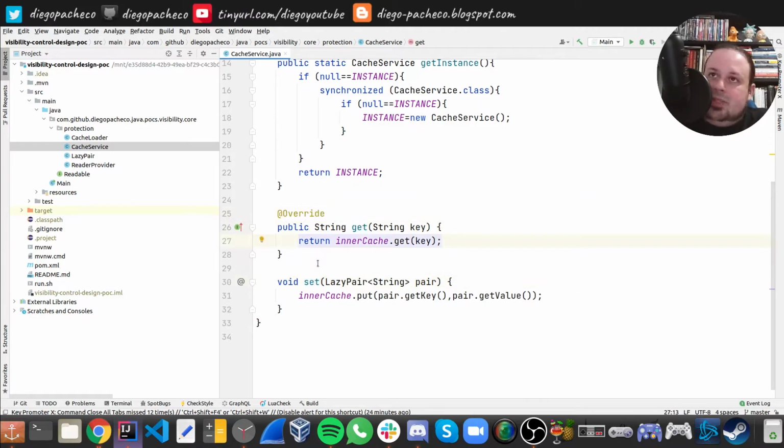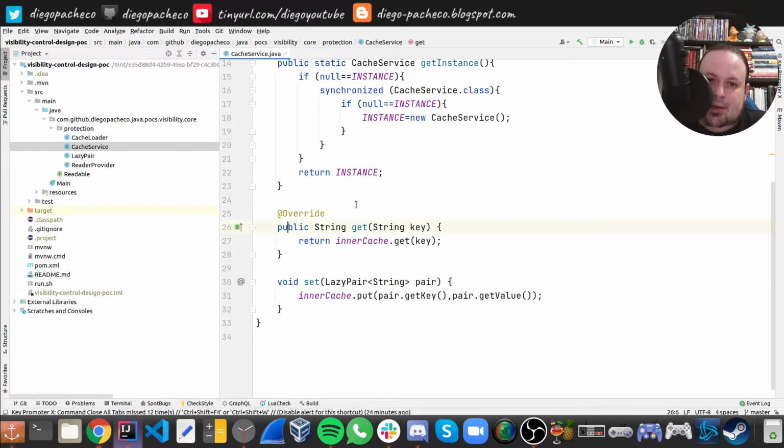So there are some interesting things here. In this use case, let's say I want the get to be public, but I want the set to be only in my package. So nearby classes are gonna be able to set it, and faraway classes that are in other packages won't be able to set it. They're only gonna be able to read from this cache, right? So this can be done